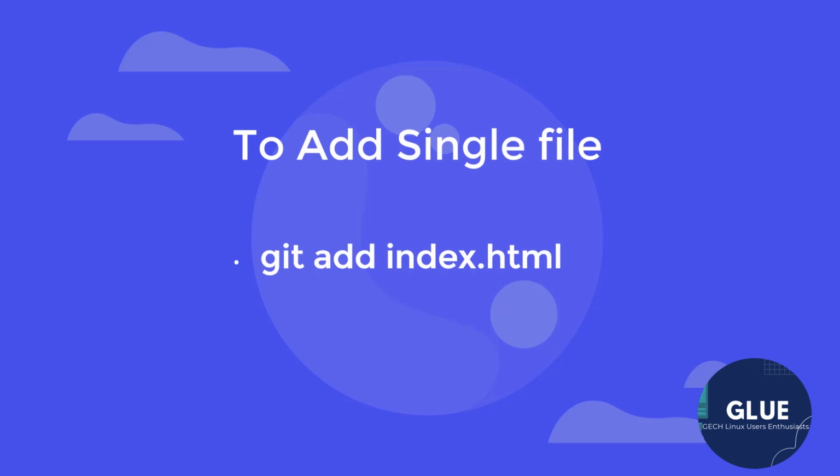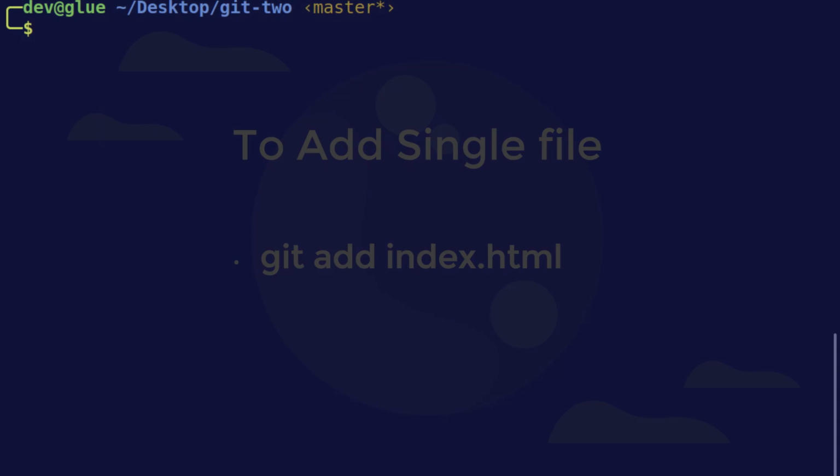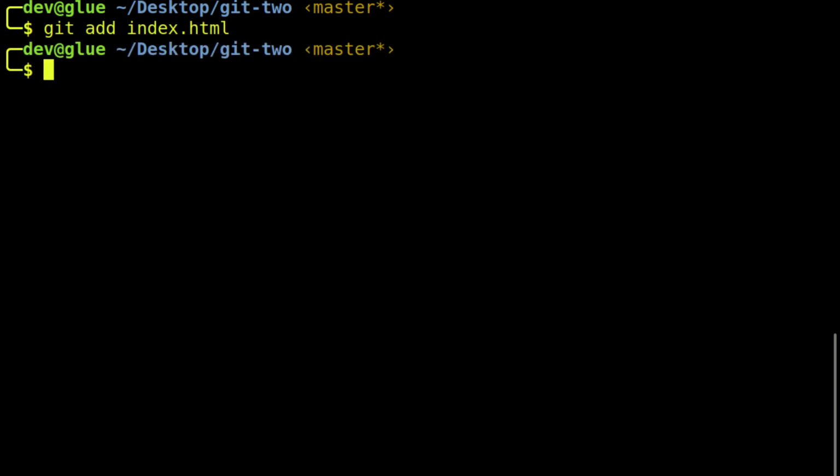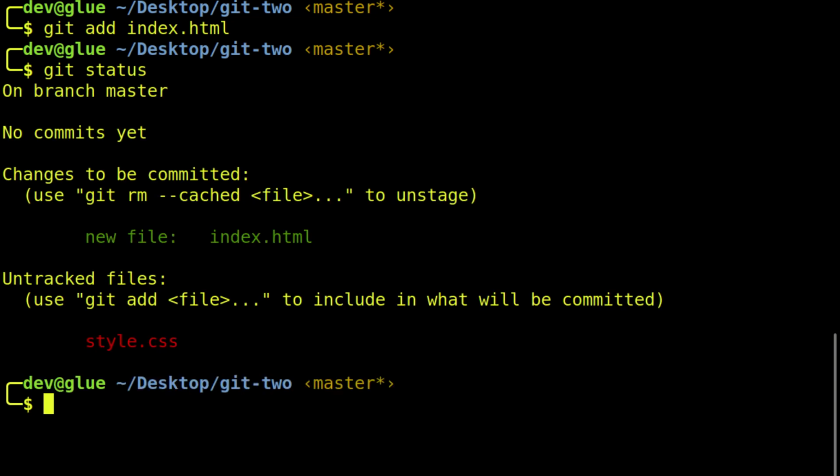To add a single file, that is here index.html, to the staging area, we use the command git add index.html. This command adds only one file, that is index.html, to the staged area. Now, if we check the status of the repository by using the command git status, you have two types of files, one in modified stage, that is style.css, depicted in red, and the other in staged area, that is index.html,